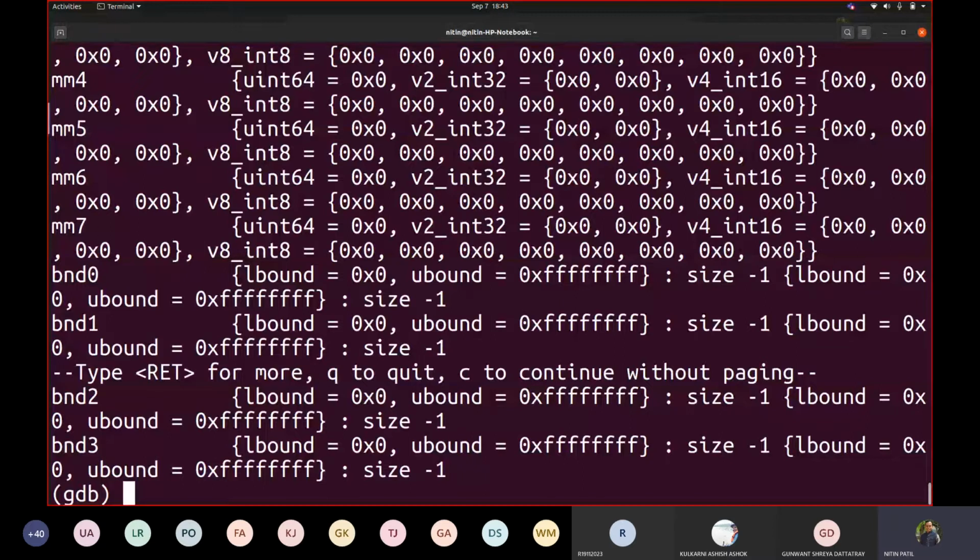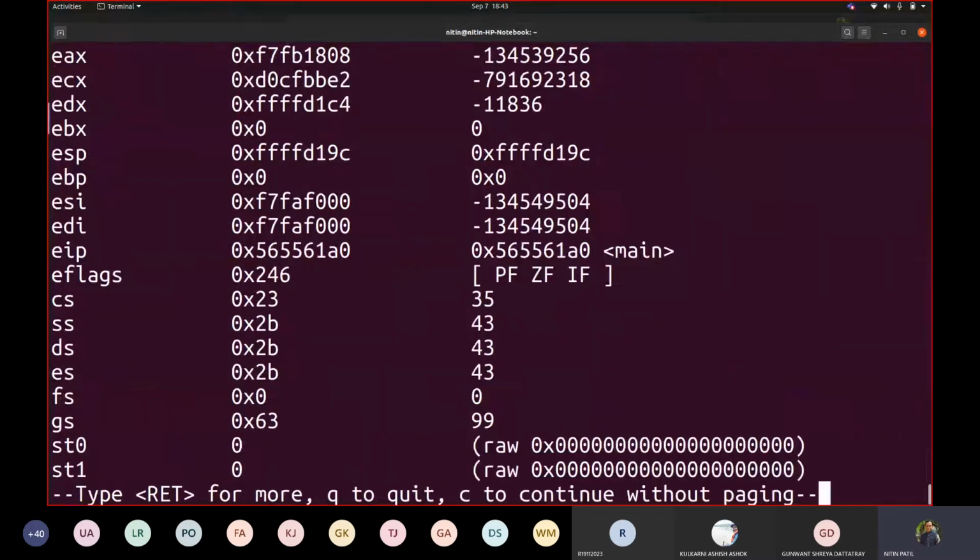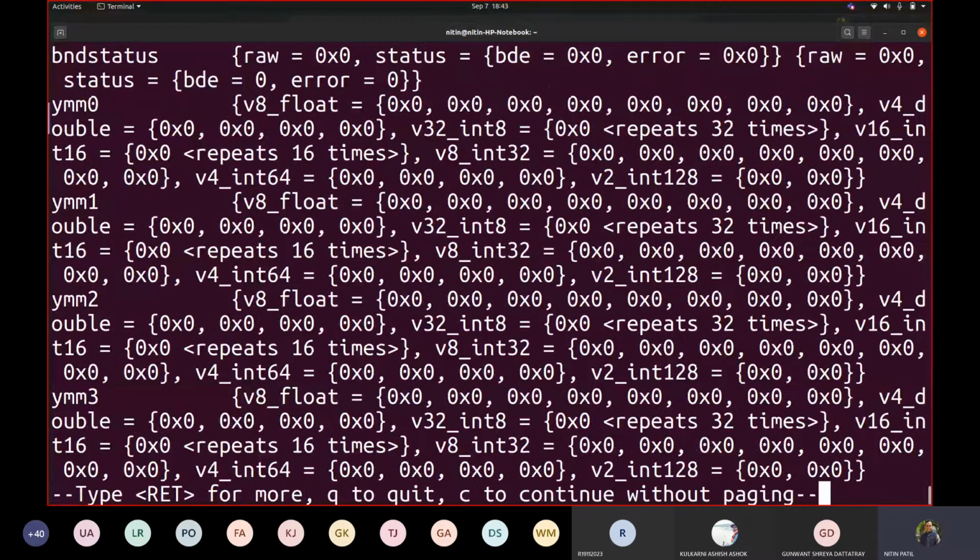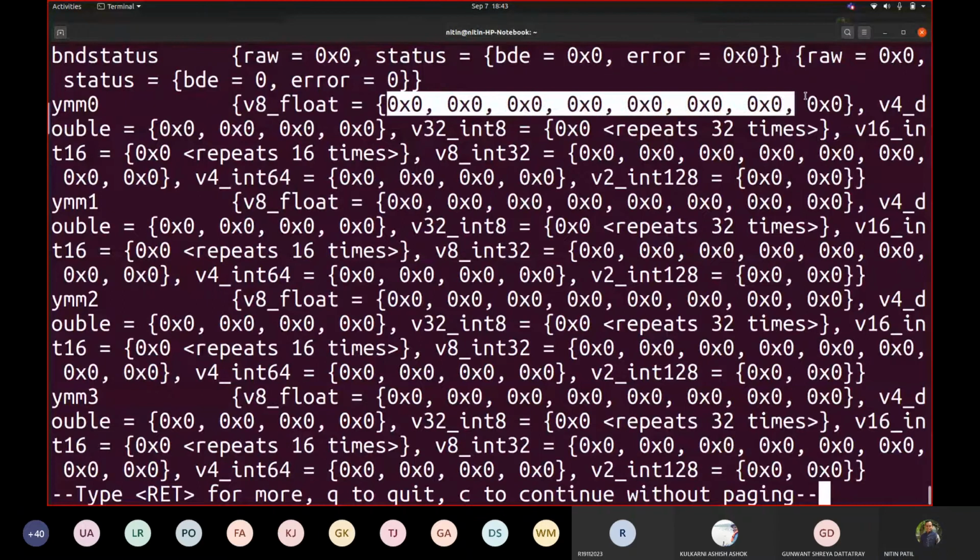Let us try to see the contents of YMM0. If you see how many elements there are: 1, 2, 3, 4, 5, 6, 7, 8. So one register holds 8 values at a time. If it is double, then it is going to hold 4 values. If it is an 8-bit register, then it says 32 times this would be taken, and so on.